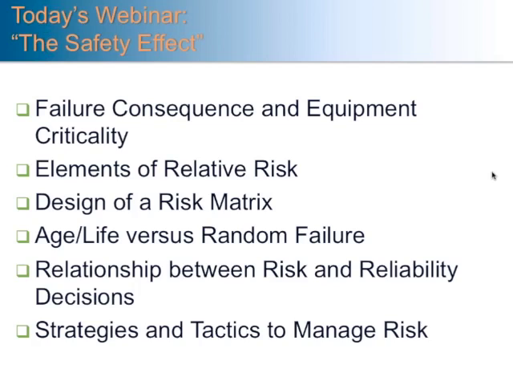I want to spend a little bit of time talking about elements of relative risk and what that is, and how that can be a wonderful input into the design of a risk matrix where you're not to have one presently. I'd then like to draw that connection closer to age and life-related failures versus random, and some discussion around that concept, how risk and reliability decisions need to be made,